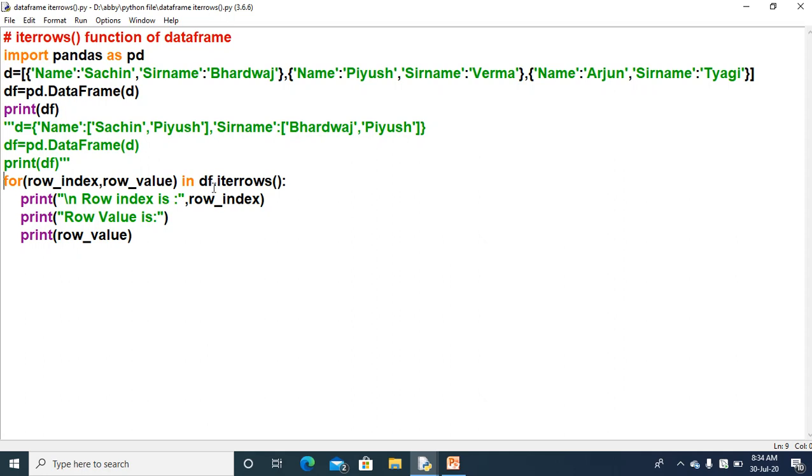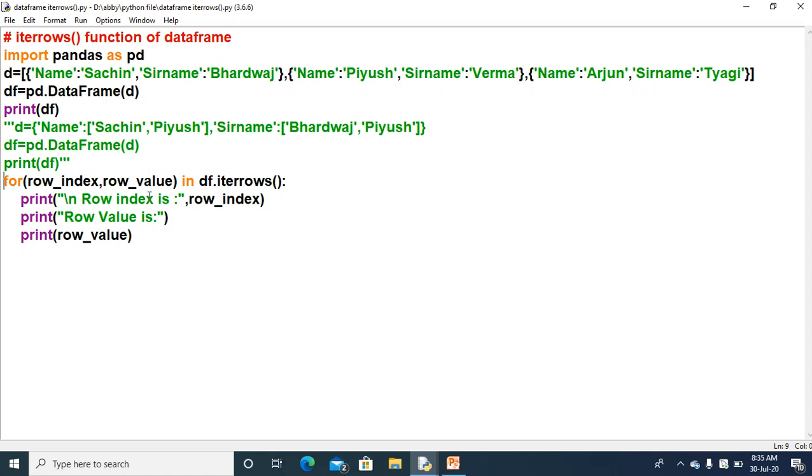So we have written here df dot iterrows. iterrows is the name of the function of the data frame, so we have written the dot operator, and then the colon as you have used earlier with the for loop. You need to memorize how it is written: for row index comma row value in df dot iterrows, this line.